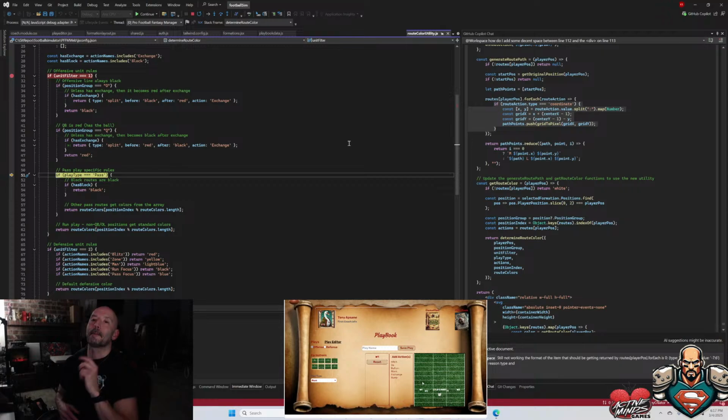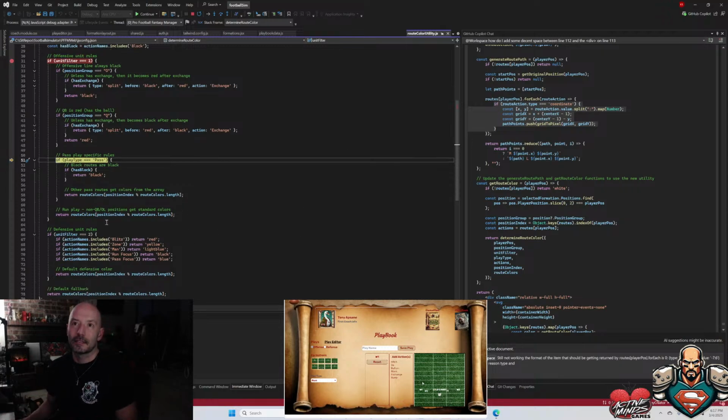No, that's not right. Nope, you got it wrong, Dad. Nice try. It's not bad, but on a run play, they're black. Pretty much everybody's going to have a black route if it's a run. So we are returning these other colors if those are the situations. But on a run play, non-QB, offensive line positions,